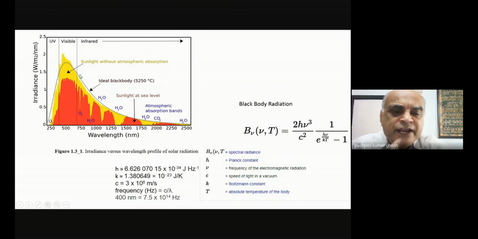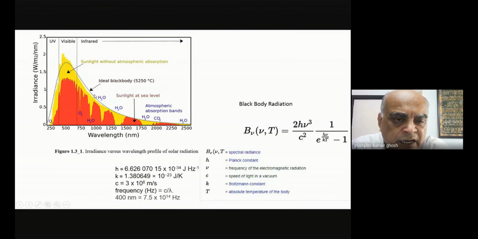But when you are actually looking at it, let's say at sea level, now what you find again is that the trend is similar, but there are certain places where you see breaks. There is no insolation that you see. Okay, the red is what you actually get, and the reason for that is that